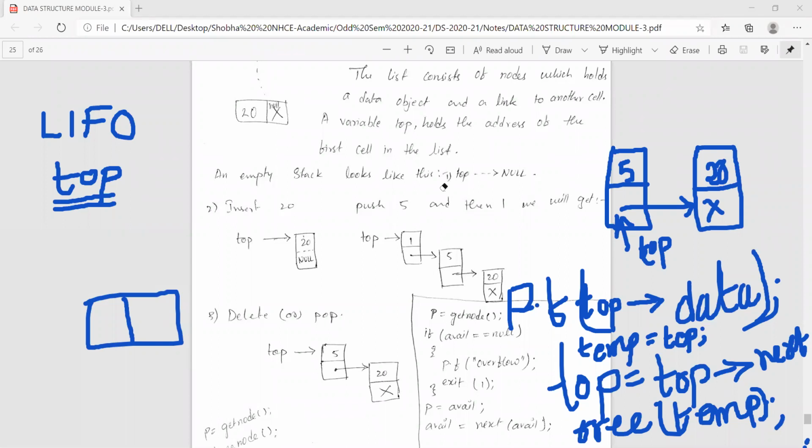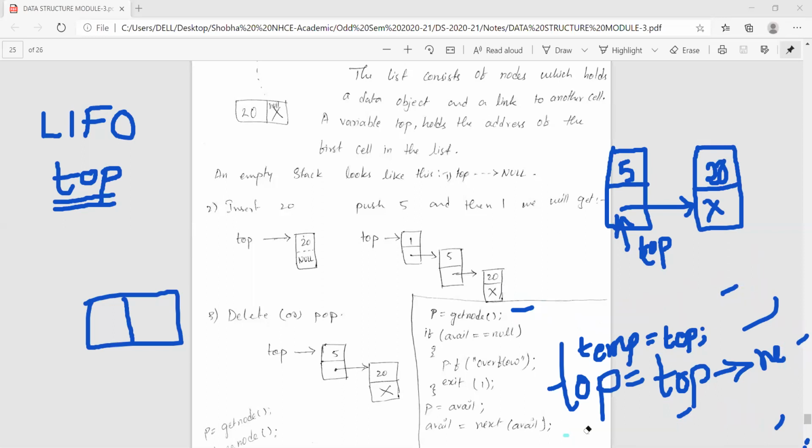If any clarification or doubt, please feel free to ask. Stop anytime and ask. Not an issue. So that's why we are using one extra special variable temp, and then we are removing or freeing that particular memory location. So this is how your pop operation will happen in a stack.